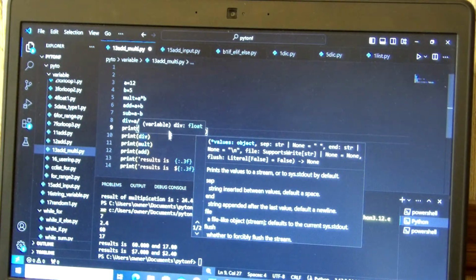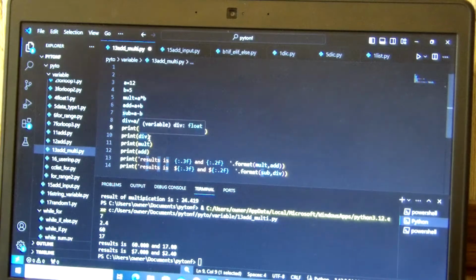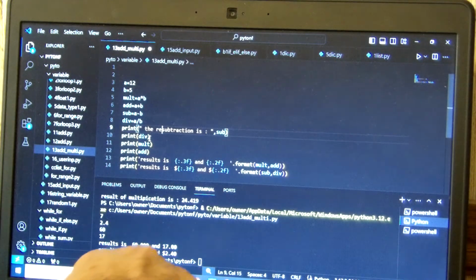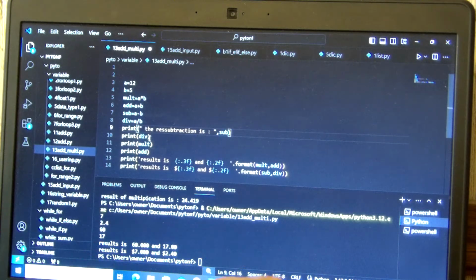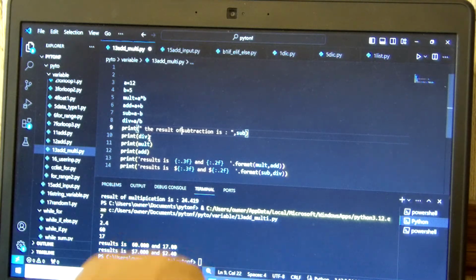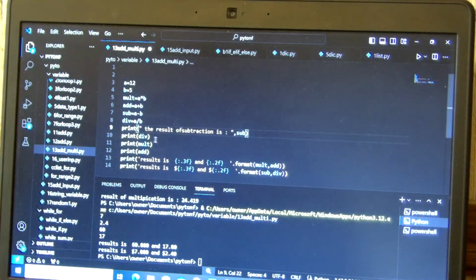Now you have the description of what the print is going to be. Say like here is going to be 7, but 7 is going to be what? You're going to say the result of subtraction. And then when you run it,